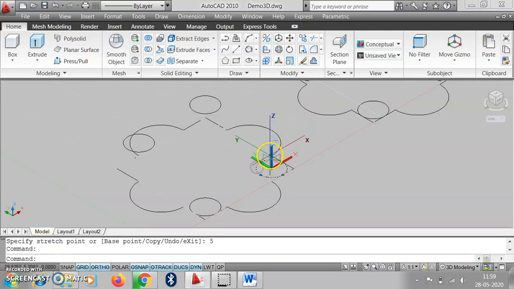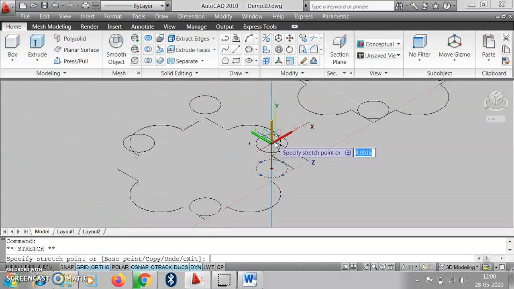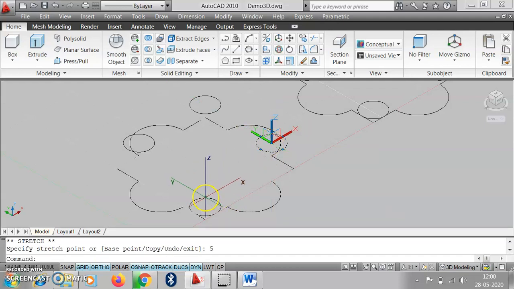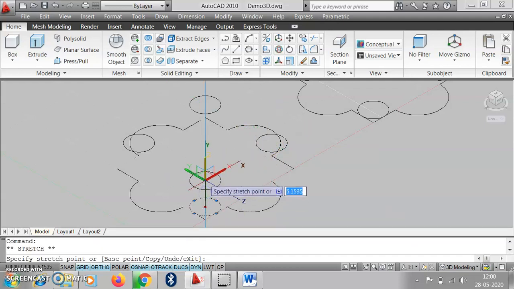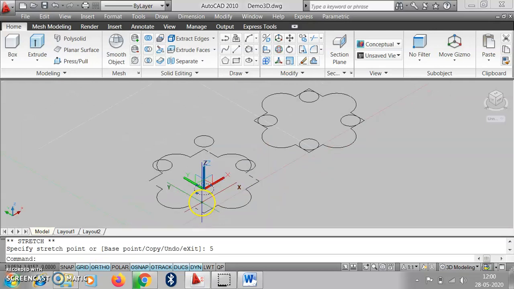This is only done using the gizmo, that is 5, and again this one also at 5.